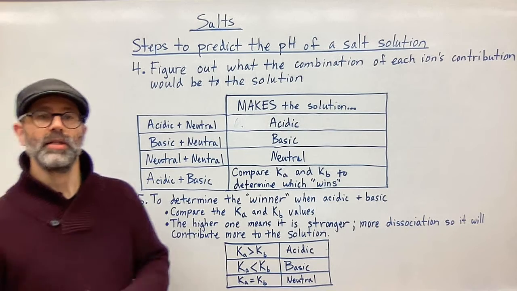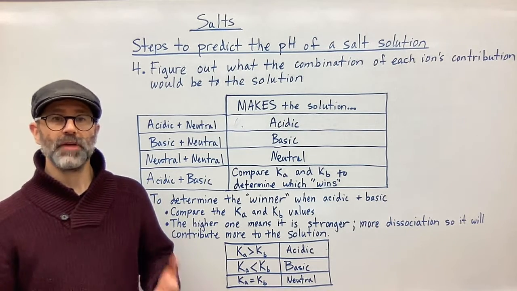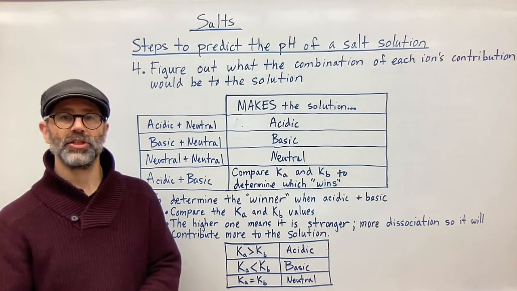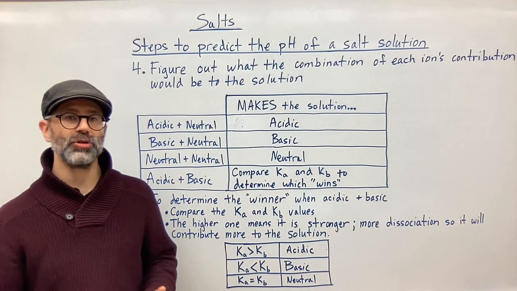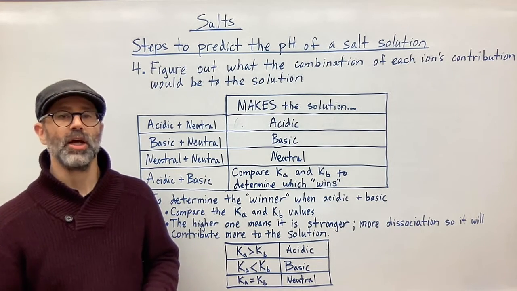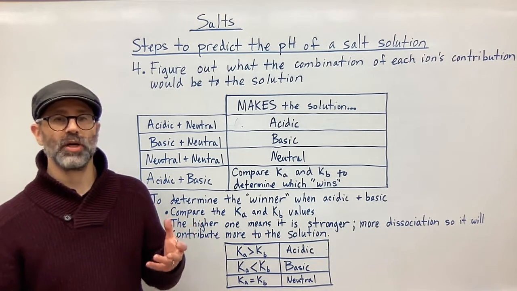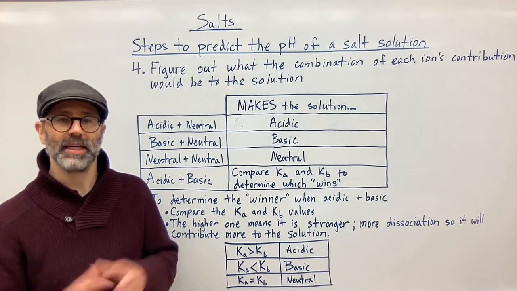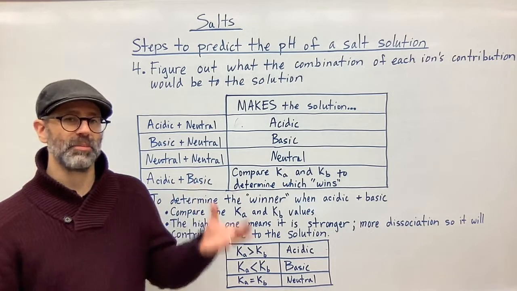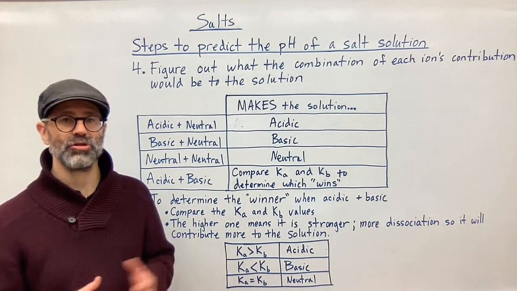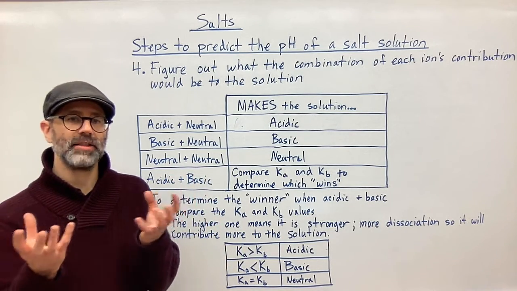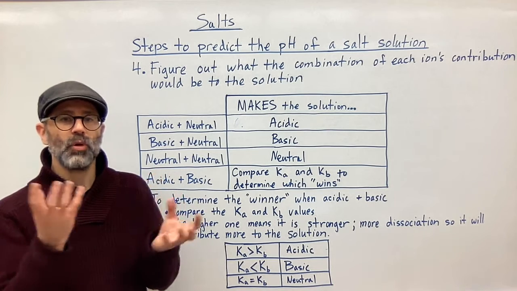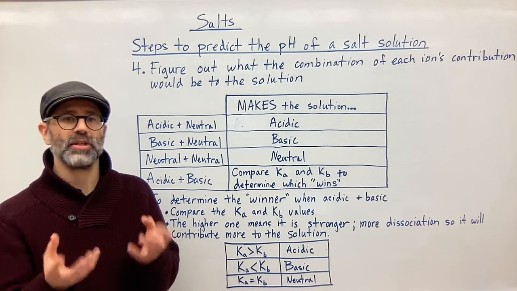Okay, so step 4. Figure out what the combination of each ion's contribution would be to the solution. So you figure out what effect each ion is going to have. Is it going to be acidic? Is it basic? Is it neutral? And then you take the two ions and ask, what will be the ultimate result of the solution